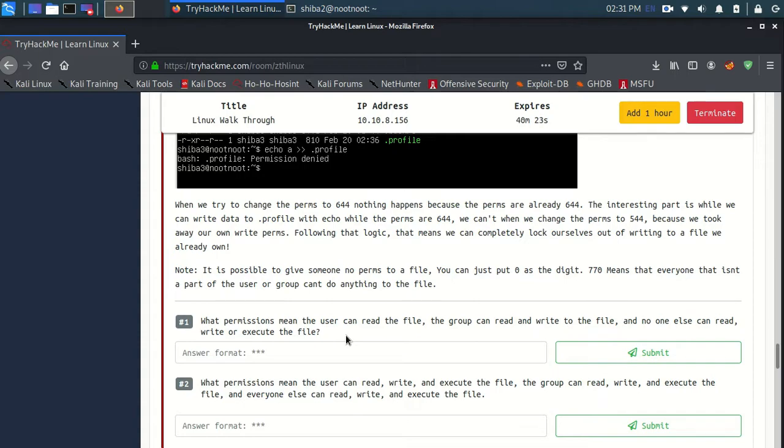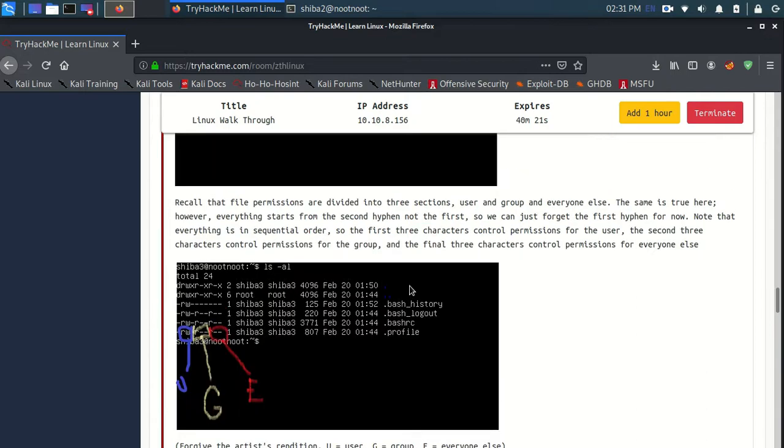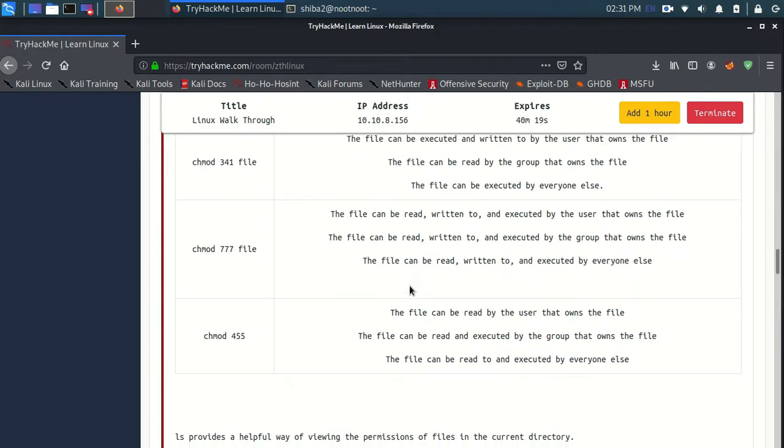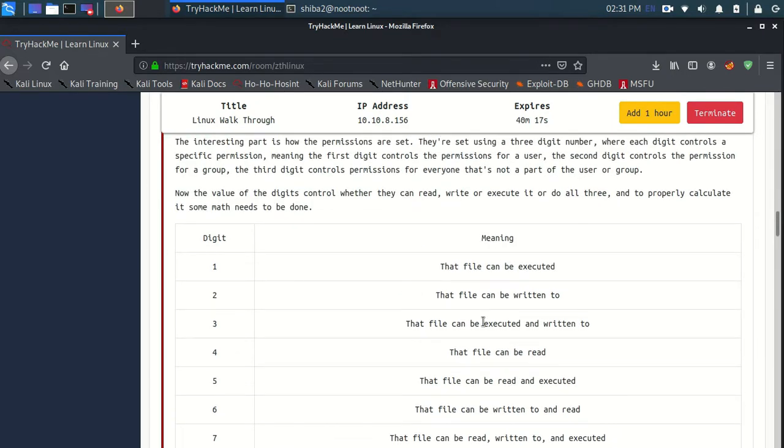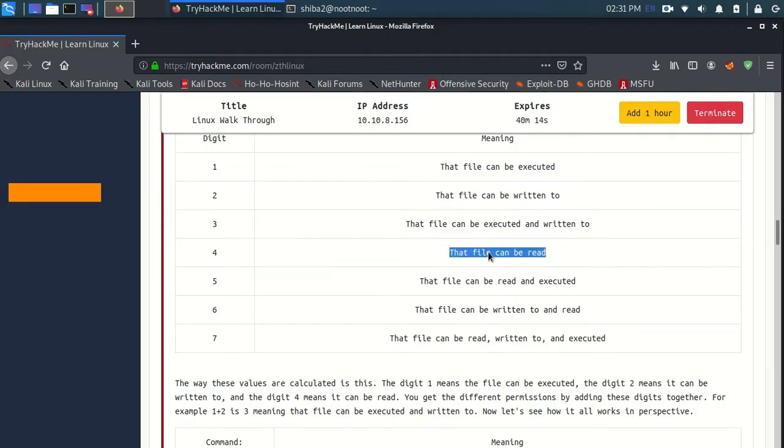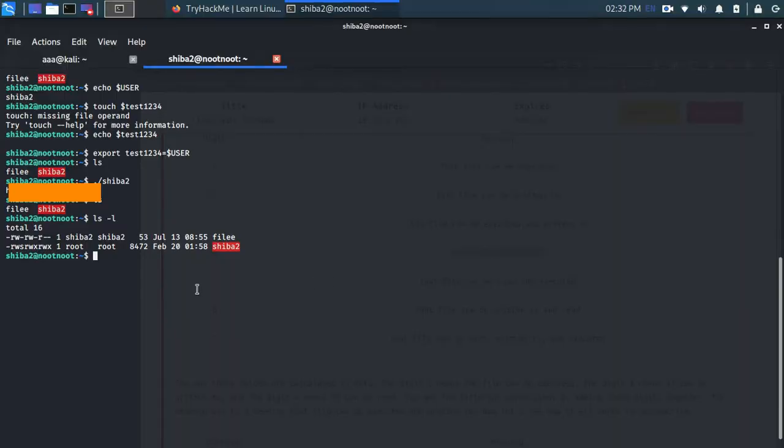So firstly, the user can read the file. So to read, you must have 4, that is 4. So let's, okay, I didn't switch user out. Shiba3, and the password is, yep, yeah.